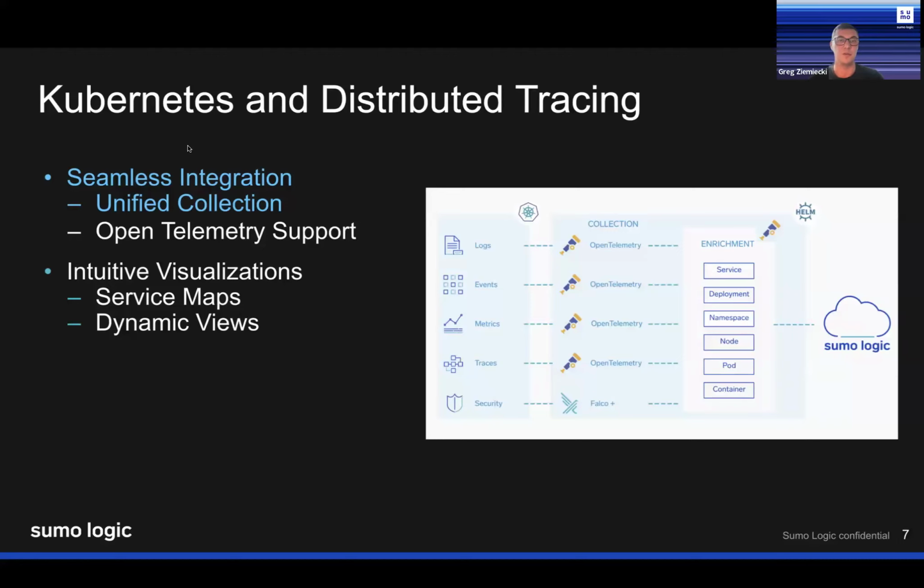We will start with that, although like I said, tracing is very powerful and helps to very well identify the bottlenecks in the application, but everything starts obviously with collection. It's not applicable only to tracing, but how we approach the collection in Sumo in terms of Kubernetes is that we have a unified collection for all the triad, so for logs, events and metrics, which is supported by